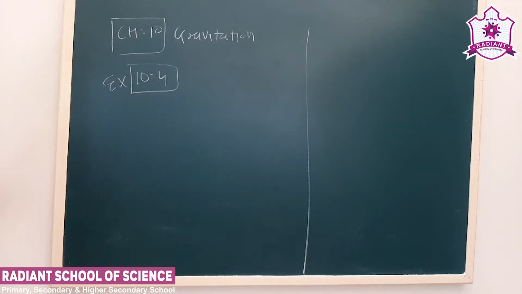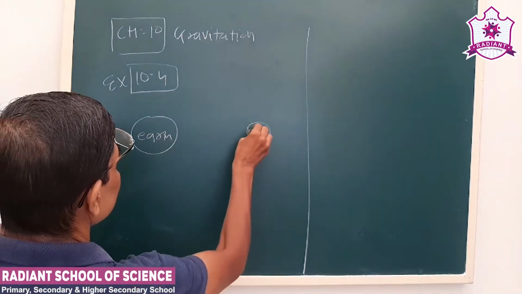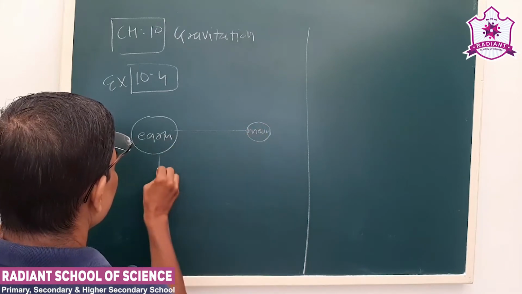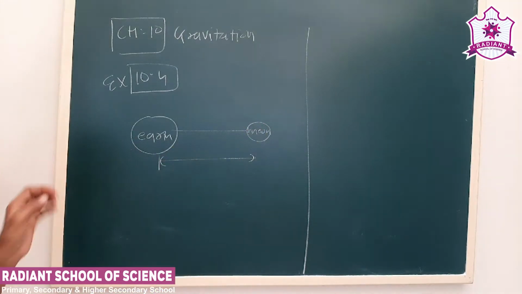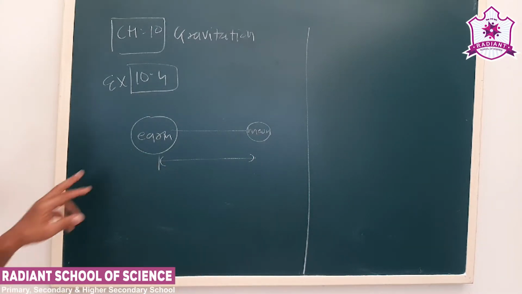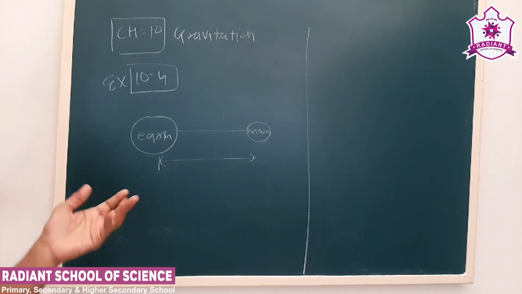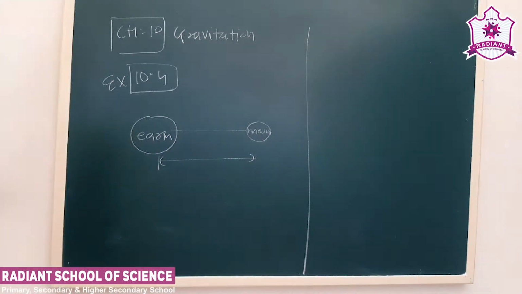Now this is a theoretical question. The earth and the moon are attracted by each other. Now see the gravitation force between them. We say the earth applies some force on the moon. That also we can calculate. The question is: can the moon also apply the same force on the earth? See, the answer is yes.